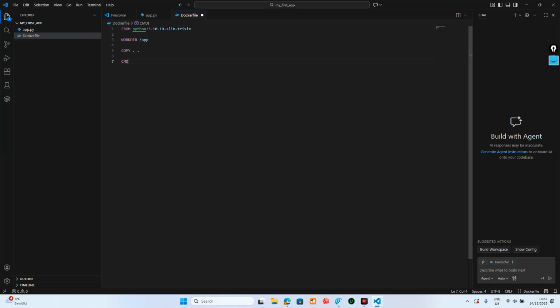Right after that, let's run this command. The command is to run Python followed by the file that has the file name app.py. So right now our Dockerfile is done. Let's save this. After saving both the Dockerfile as well as app.py,